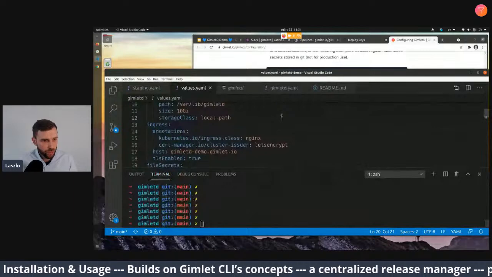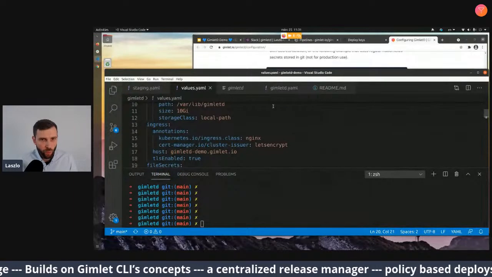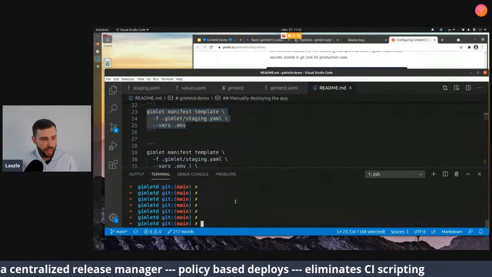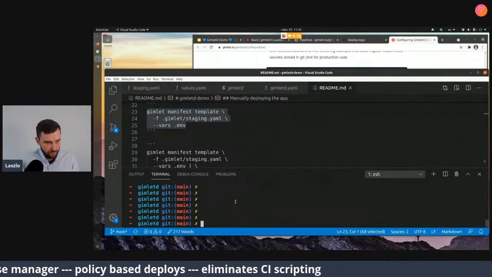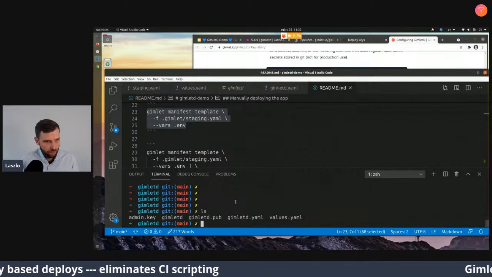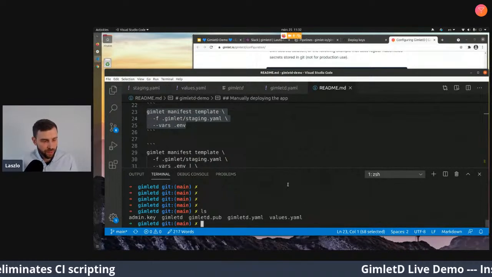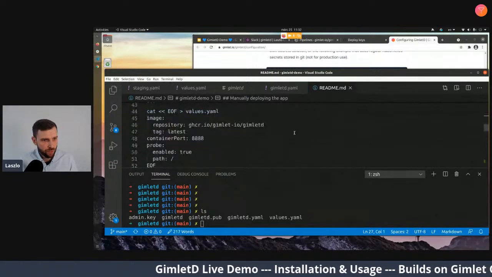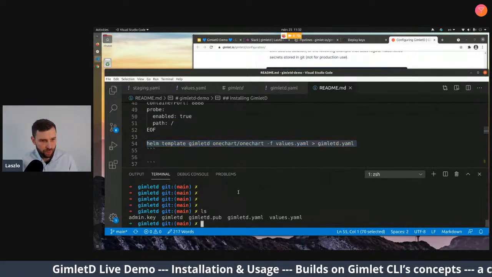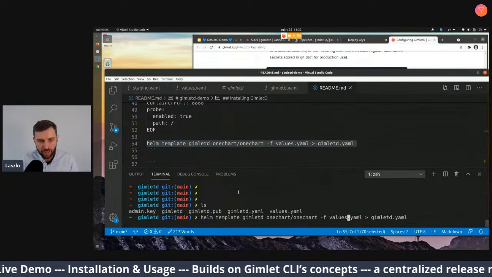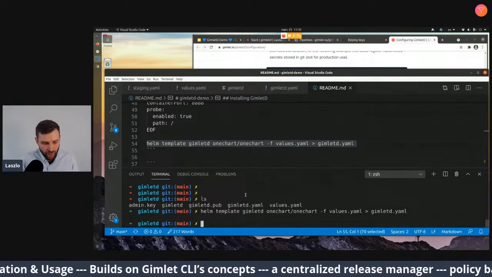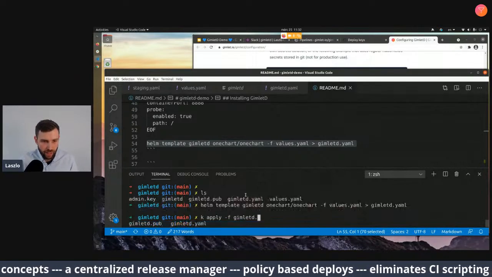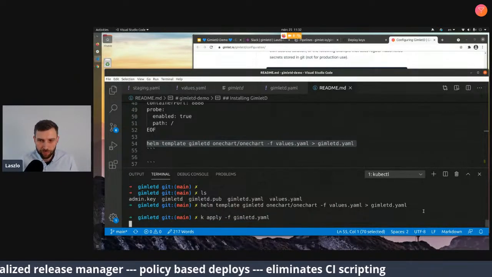Never do this, like searching bash history on a live demo. So let me just look at the README and again have it regenerated. No, sorry, that's not it. How did I install GimletD? Installation of GimletD. I'm just going to use Helm template here. Yes. So helm template gimletd, and I'm rewriting the YAML,